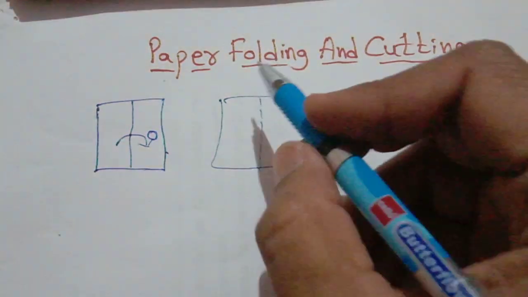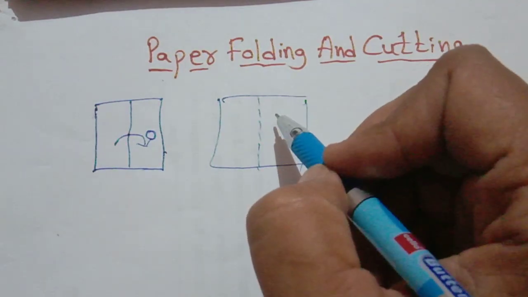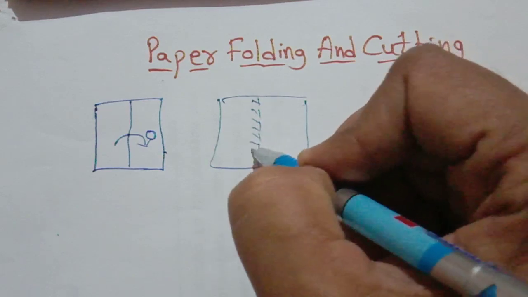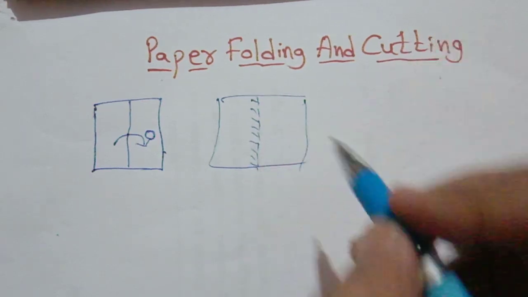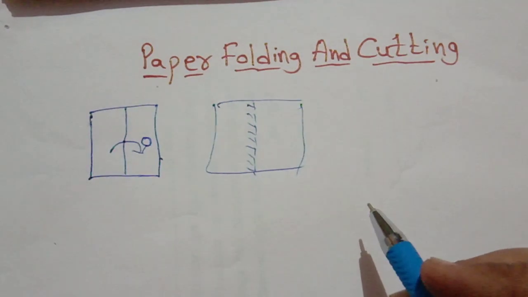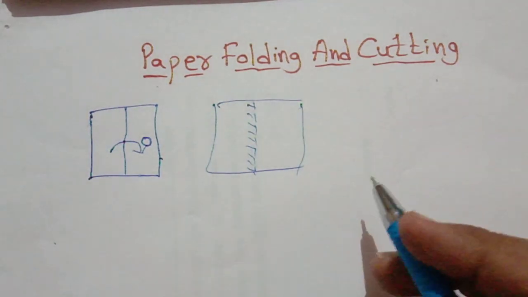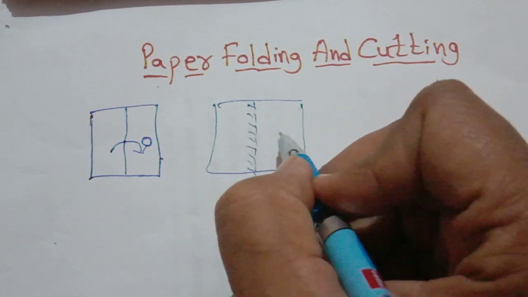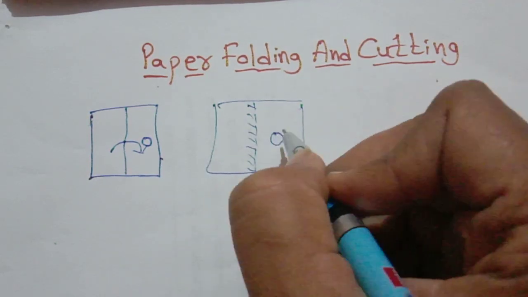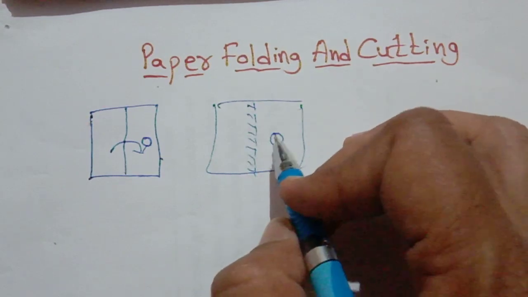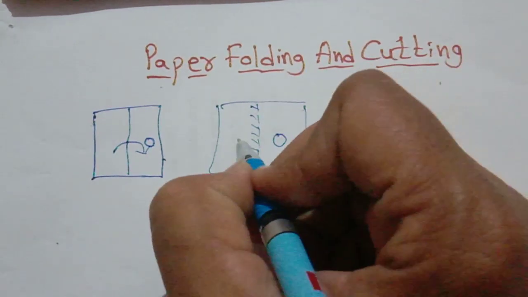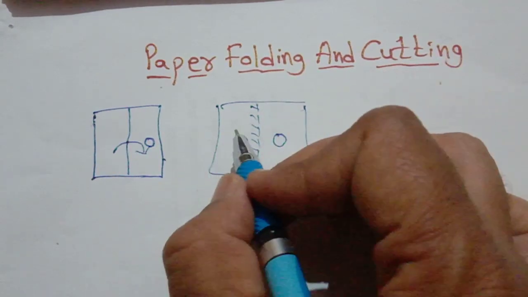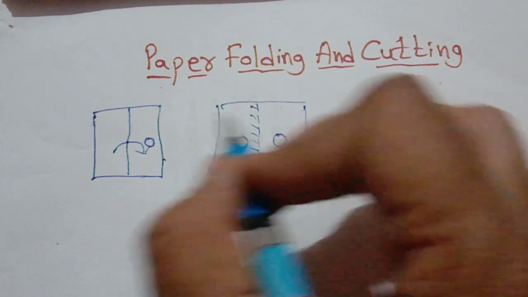We can see here, students, if it is folded one time, then we have to take it as a mirror image. For this reason I already told you that if you watch my mirror image video, it will be helpful. Just think that it is a mirror image. Only one folding is there. If one circle is there and we cut it, the answer will be like this. It's like a mirror image.